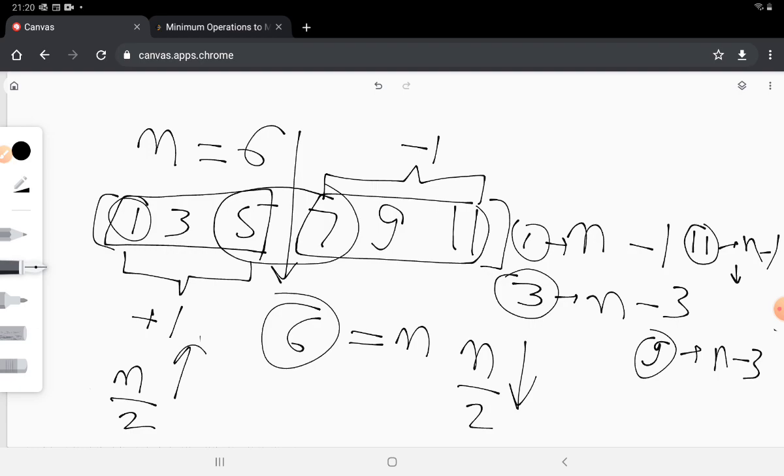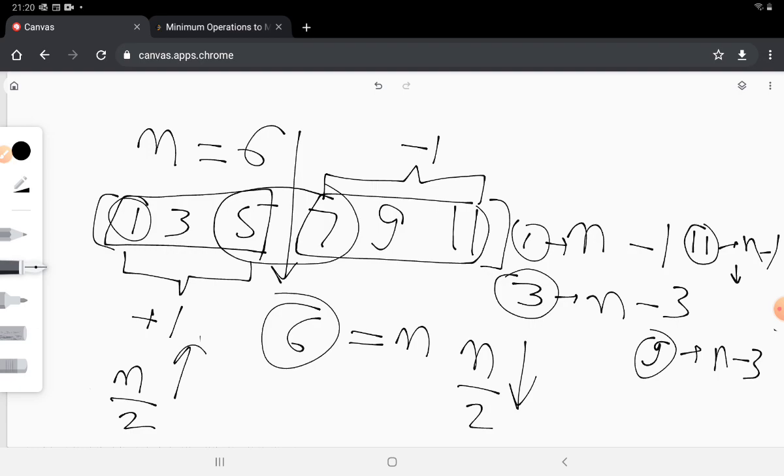And this would happen for all the elements in the array except the central one in case of the odd length array, and for an even length array it would actually happen for both the left half of the elements and the right half of the elements. So essentially this translates into a progression.